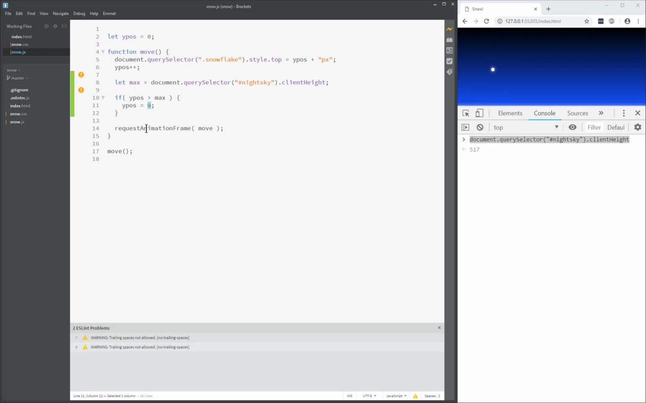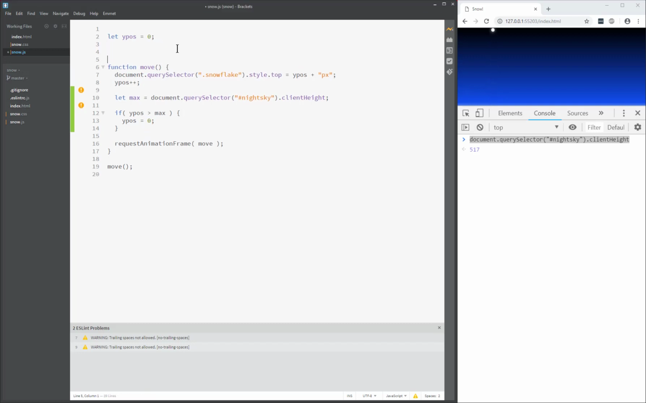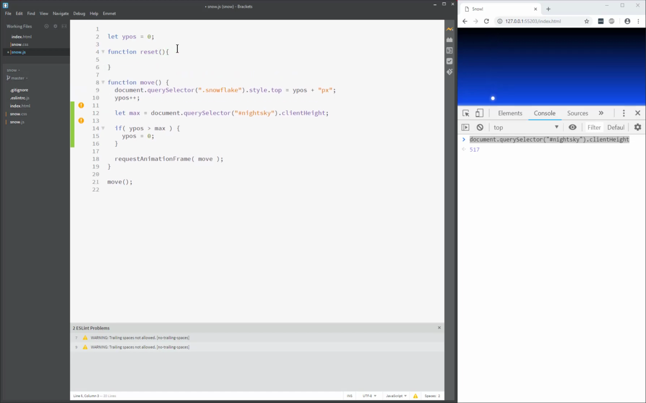Let's actually make another function for it. Let's call it a function that resets my snowflake. And say we set ypos to -10. And then when we say here, if ypos is bigger than max, we call reset. And how does that look? Did it start outside? I didn't notice. It goes there. Yes, it